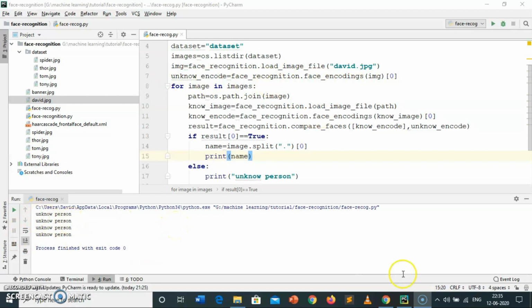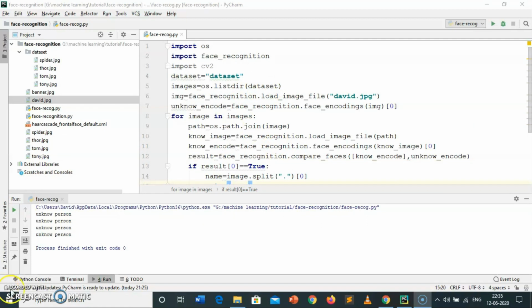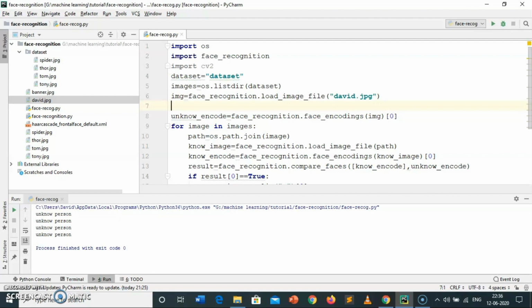So in this way you can provide the message. Or if you want to draw the rectangle on the faces and provide the name, for this we have to find the location, that is the x coordinate, y coordinate, width and height of these images. So in face recognition library, there is one method, that is the face location.